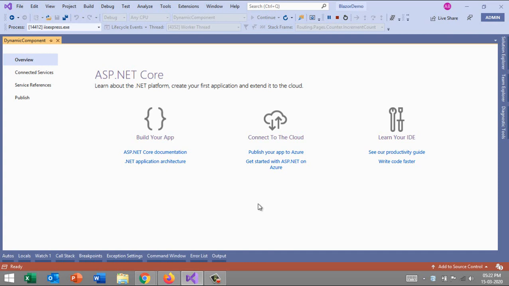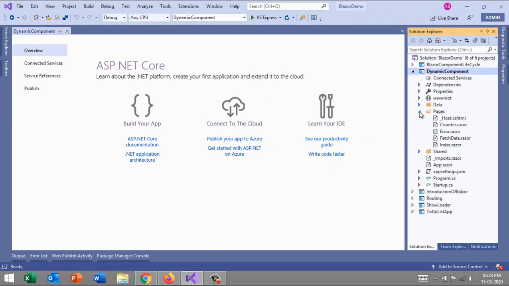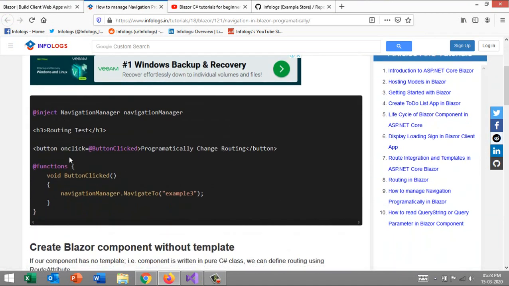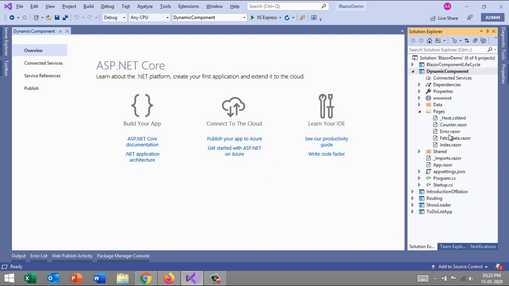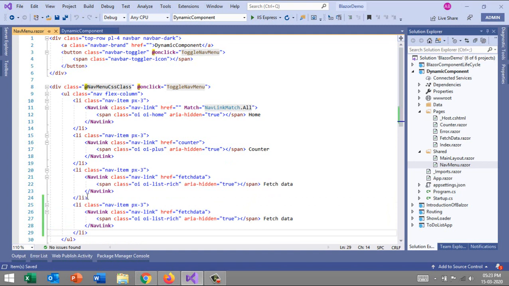Okay, this is a very similar kind of thing. If you notice, under the pages section we have different Razor pages, and we are running that. In our previous video we have seen how we navigate to these. Now in the shared component, under the navigation menu, I'm going to add one more option to navigate to the dynamic component.